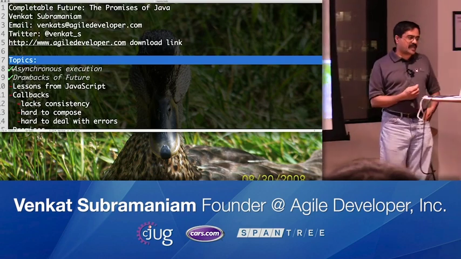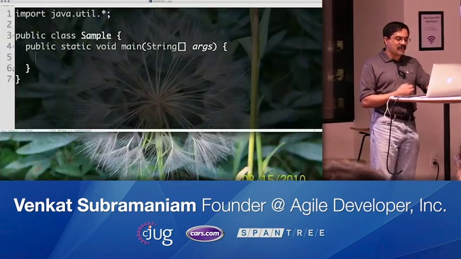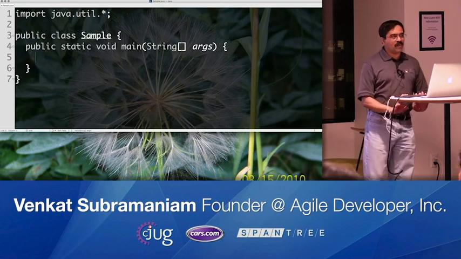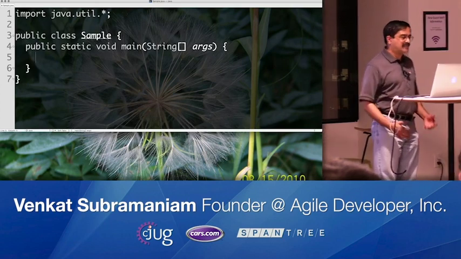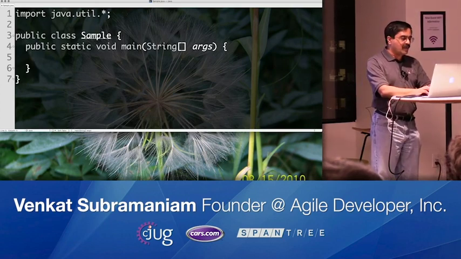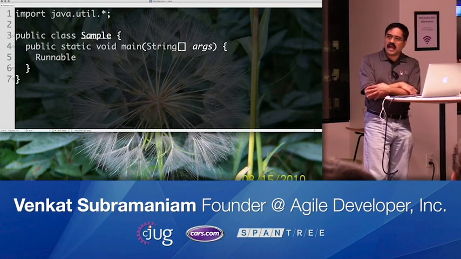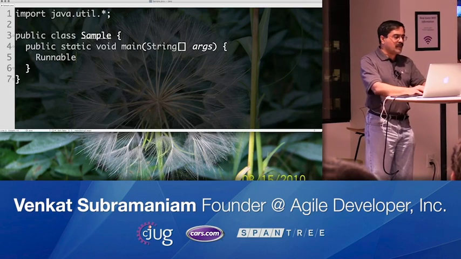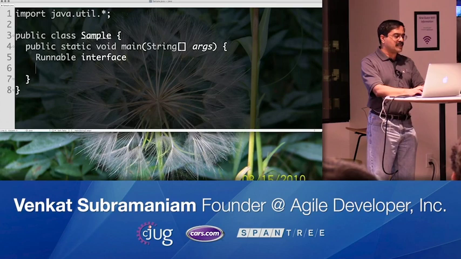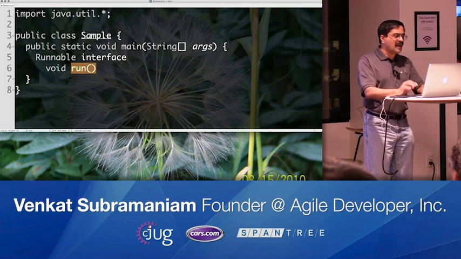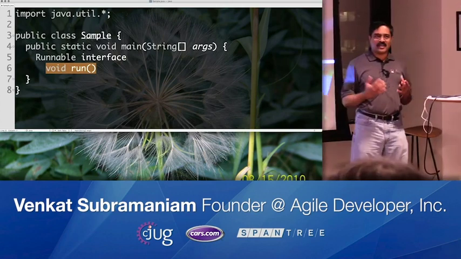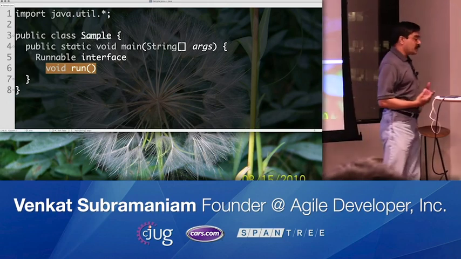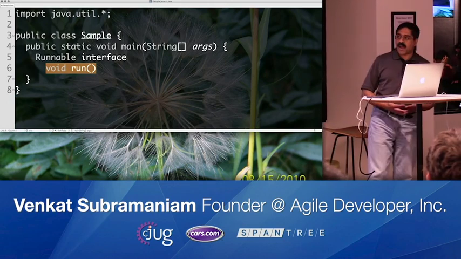Let's step back for a second and think about Java from the beginning. What was the most popular API or interface we have had from day number one? If you really think about it, it is Runnable, isn't it? Now, what is the method of Runnable? The Runnable interface has one method which is void and called run. I want you to just look at that method for just 1 minute. If you ever start a thread, at least in the initial implementations, what do we pass to it? We pass a Runnable.